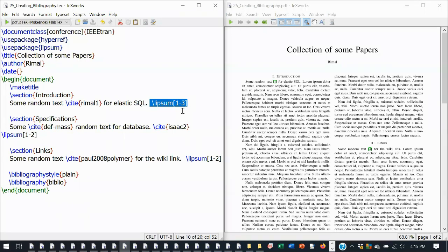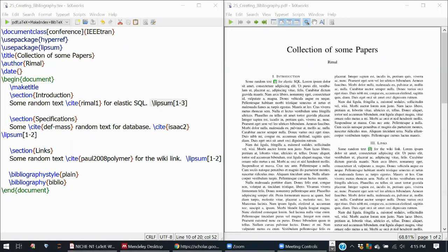Otherwise I would have to sit and type or copy some stuff from the internet and paste it here and show. So this will be easy for me to show more content. So for that I am using this lipsum. This lipsum package you will not use in your day-to-day life.